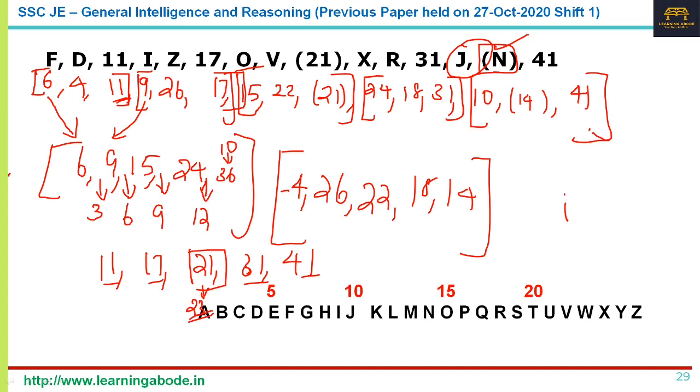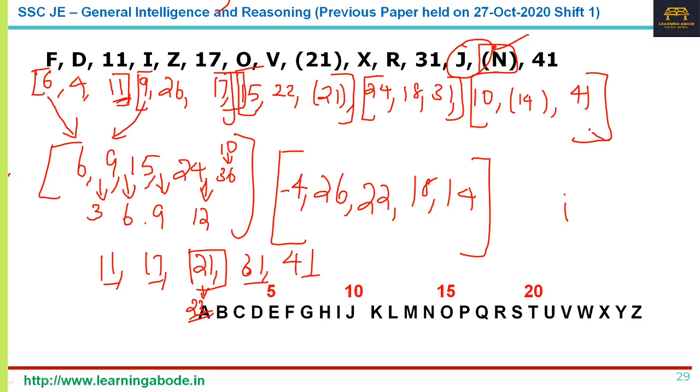Actually, it is not consecutive prime numbers. It is the second prime number. After 11, 13 is the next prime number. After 13, it is 17. So you are considering only 17. And after 17, 19 is the next prime number, but we are not considering 19. Next prime number is 23. After 23, 29 is the next prime number. We are not considering that. We are considering 31. After 31, 37 is the next prime number. We are not considering that. We are considering 41. But we don't have to go to that extent. We can be sure that N is correct, that the bracketed letter is correct, whereas the bracketed number is not correct. So 21 is not correct.